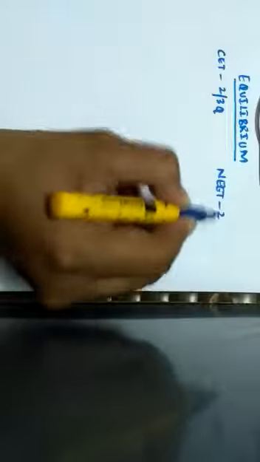Here when it comes to CET, we can expect 2 to 3 questions, and even for NEET we can guess 2 questions, where the majority of these questions will be based upon either pH, pOH, or the Henderson-Hasselbalch equation. It may be related to equilibrium and how the equilibrium is attained based upon Le Chatelier's principle, solubility product, ionic product of water, and common ion effect. So all these are the major concepts from which the questions will be asked.